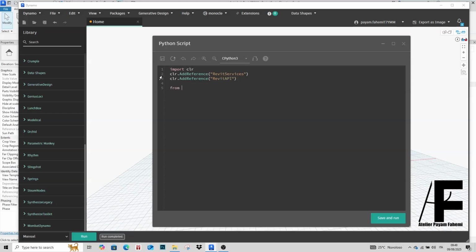Then from Revit services dot persistence, we import document manager,